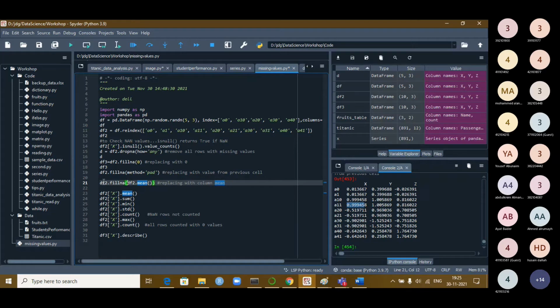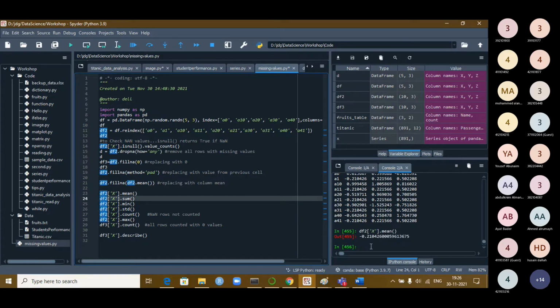Let us try to look at it now. Now A1, this is the mean value of your entire X column. Let me confirm it here. There are some functions which are called aggregate functions. Let us see the X column mean.